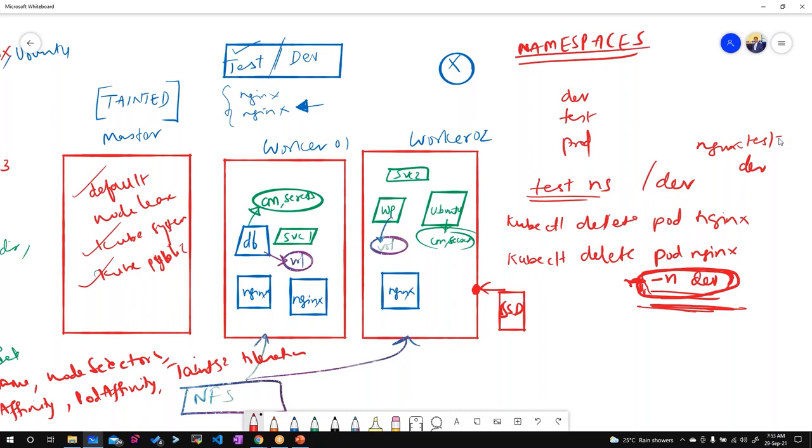Okay, if he is putting -n some namespace, that means that he is intentionally deleting the resources from the other namespace. Okay, so the namespaces are the isolated environments. And also, when creating a new user to the cluster, we can restrict the namespaces for him. That means that I can create a namespace and I can restrict his access to that namespace without giving him access to the other namespace.